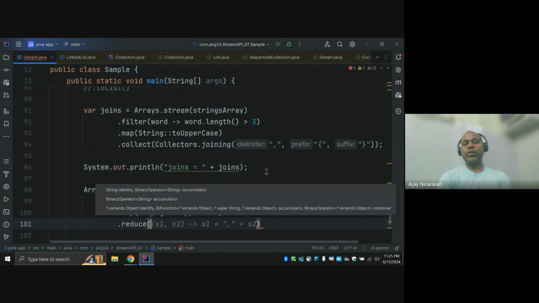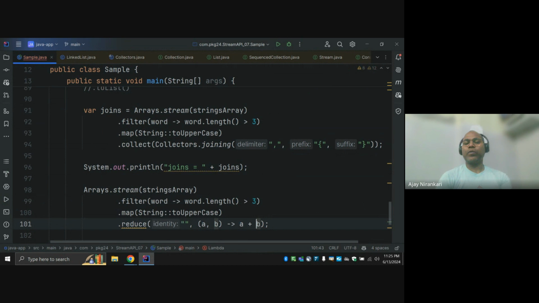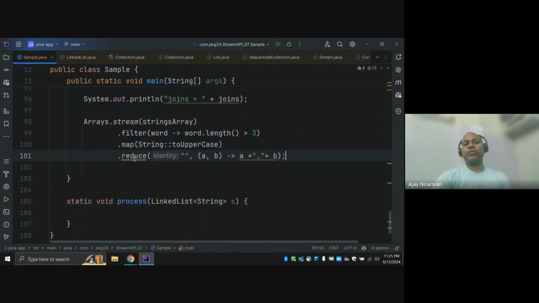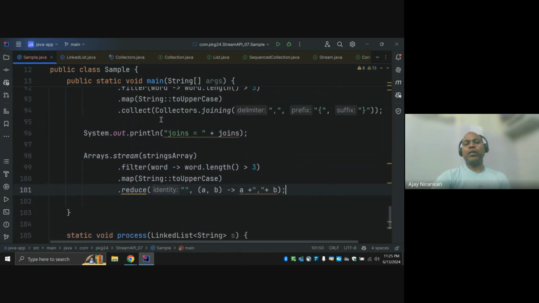Yes, same thing. Say reduce, initial value, and a comma to operator and whatever things you want to operate. Maybe comma separated. So just say, hey, comma separated, I want to operate. The same thing you can achieve from here as well. Whatever they are doing here, the same thing I can do here as well. And here say, hey, I want to add